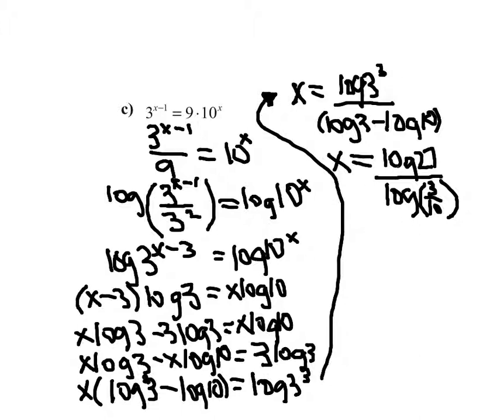So we could simplify this even more by doing x equals log, so the log on the bottom will become our new base. So log base 3 over 10 of 27. And that is